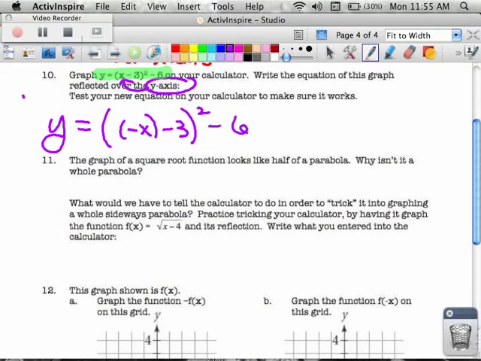So the big question in number 11 is, why doesn't this parabola thing, this square root thing, look like half a parabola? Why isn't the other half of the parabola showing up? That's the big question. So as you look at the parabola,